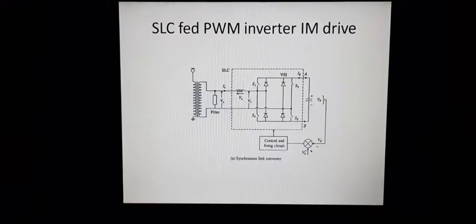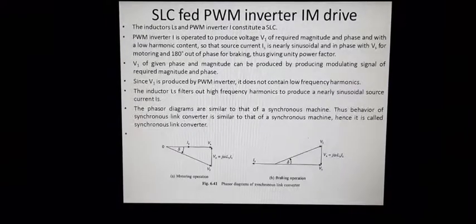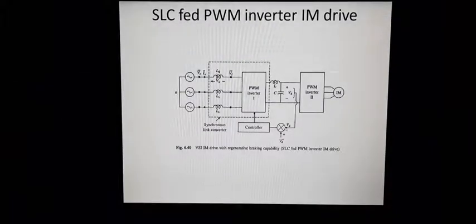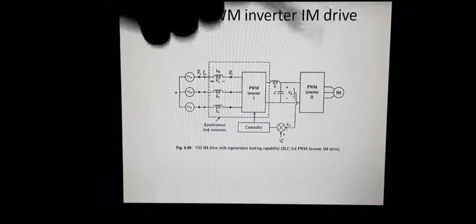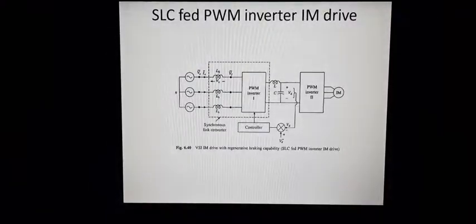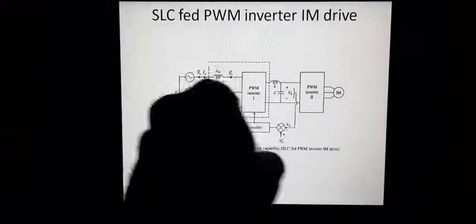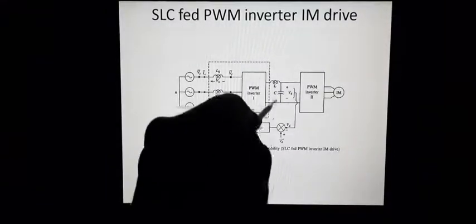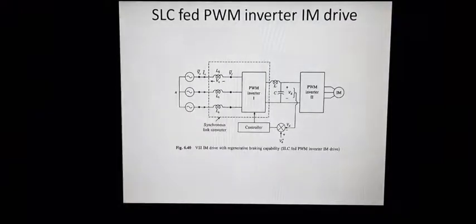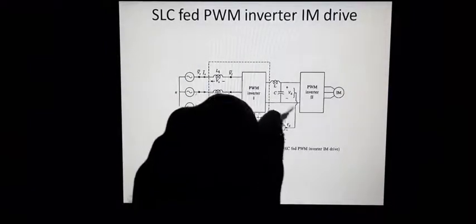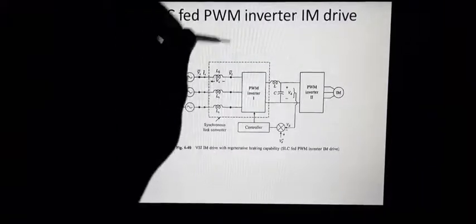Hence this closed loop operation always ensures that the voltage across this capacitor always remains a constant value, or else the voltage which we are providing to the inverter input will always remain constant. So you must very well know the purpose of this closed loop operation. The purpose of this closed loop operation is to maintain the DC link voltage always at a constant value. So whatever sag is occurring here can be easily compensated by this SLC converter.